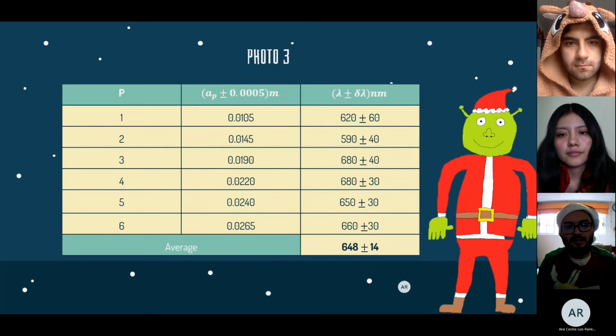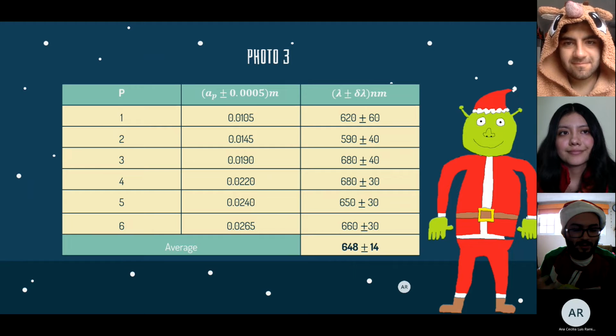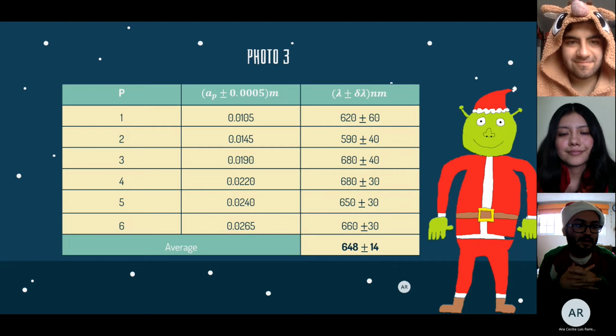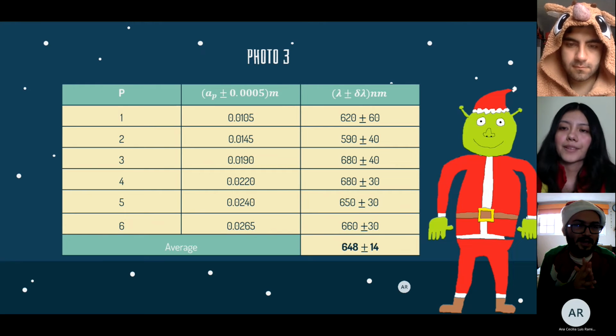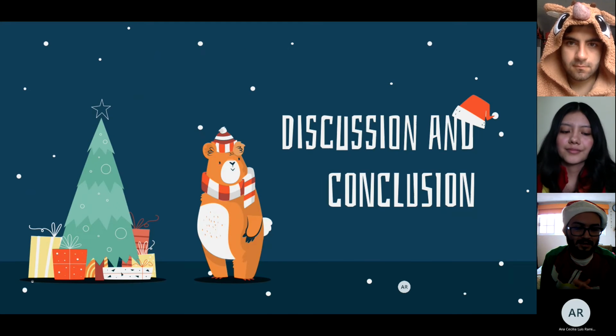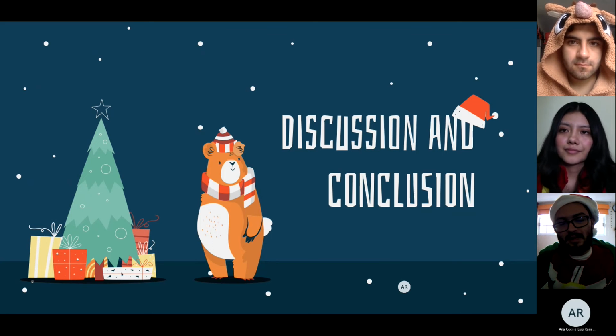Of course, this is hard to do because we are working with a pattern that is always moving, right? So these errors make sense when we are working with homemade equipment like this, especially very sensitive equipment, since with any little movement, we could either lose the pattern or, yeah, it was hard. But we did get some approximations that were in the interval, so we can say that we were able to somewhat approximate the